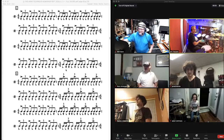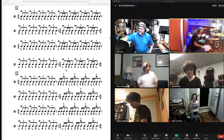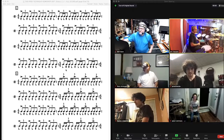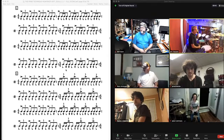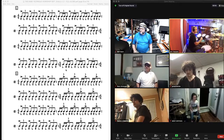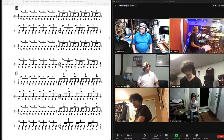I apologize. But if you ever worked on accents and rebounds, it's kind of about what's coming up after it and not causing tension before you get there. So just thinking about the flow of notes. In that number 2 example, second bar, after you do that left, left, right, left, you have an accent. If you did a downstroke, you'd have to pick up the stick again to do the next right. But if you let your rebound throw the stick up, you're ready for that next one. So we could go left, left, right, let it come back, rebound, and it's just a little bit more efficient that way. Okay, so